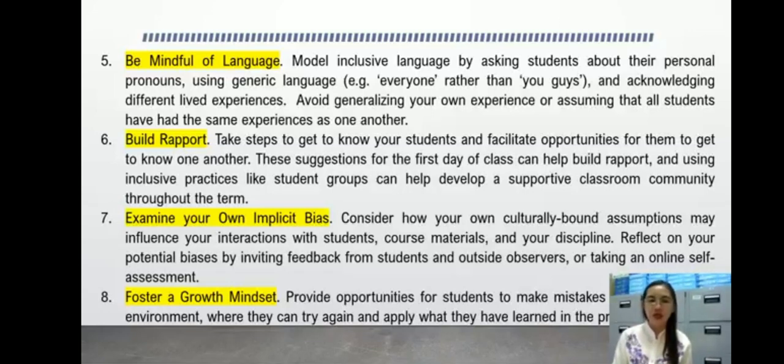And then the last, foster a growth mindset. Provide opportunities for students to make mistakes and fail in a safe environment. Do not be mad if your students made mistakes. Do not be disappointed if your students fail. Allow them to fail, to make mistakes and then learn from their